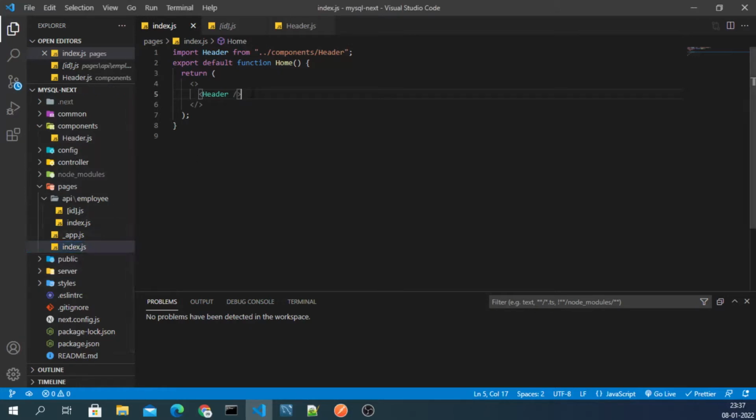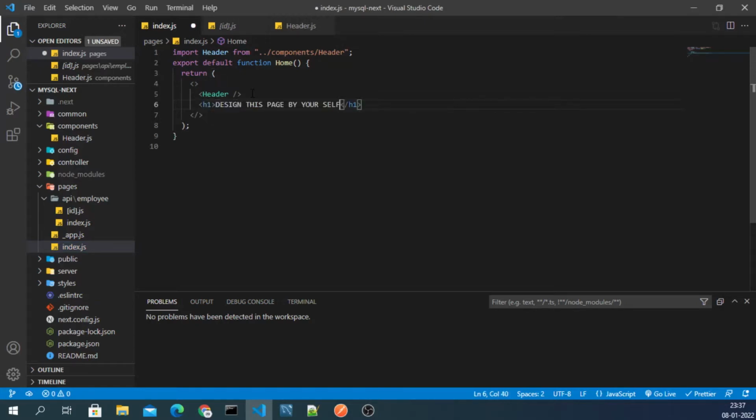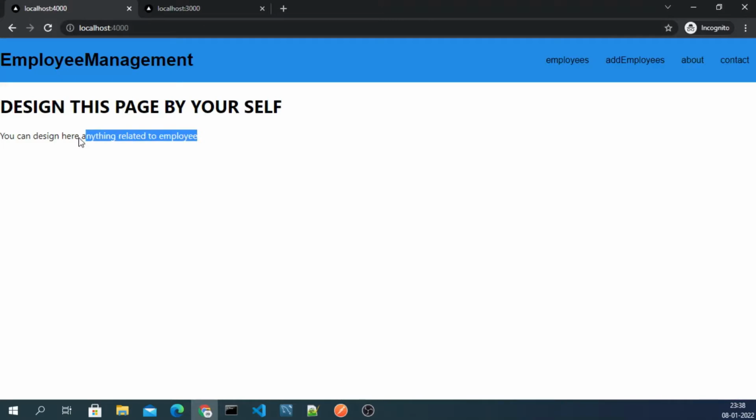Just below my header I have this h1 tag, and in this h1 tag I will put this code, and then I'll have this paragraph here as well, and inside the paragraph tags I will paste this line, like this.